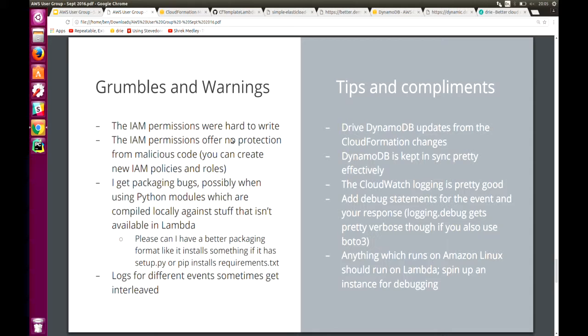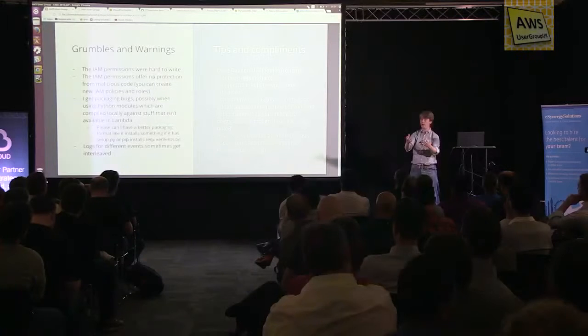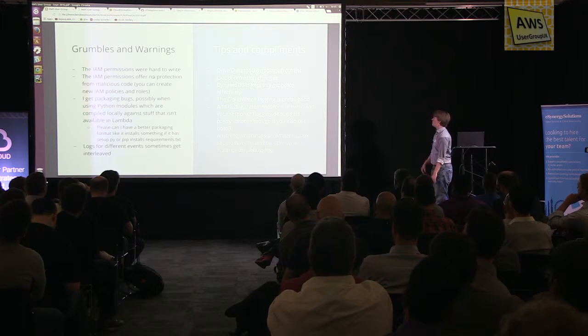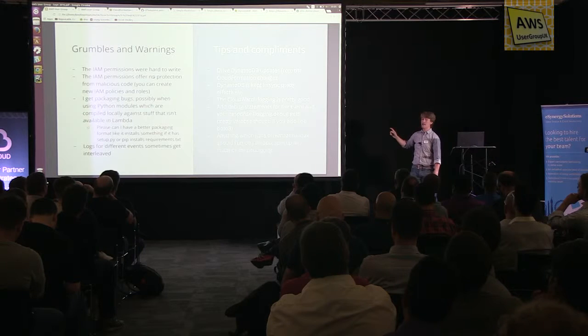DynamoDB is kept in sync pretty nicely. The logging is pretty good, even though it's sometimes a little bit hard to follow. Debug statements are great. Put a debug statement around the entire event that you get at the beginning of your code. It does get incredibly verbose, though, if you set debugging on, because Boto just loves spewing logging information. And also, anything that runs on Amazon Linux should run on